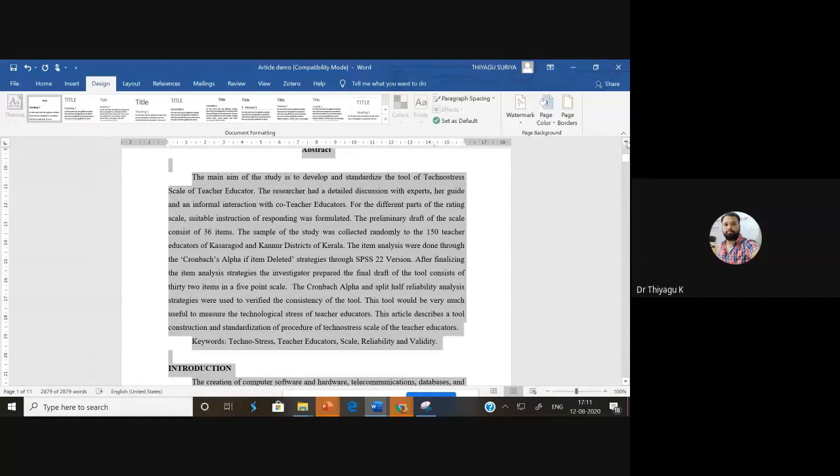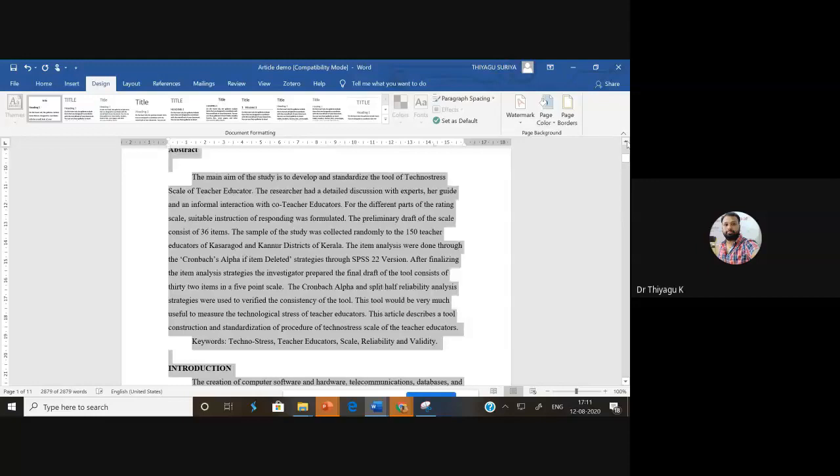The short form is Control L. See here, I'm pressing Control L. Now what happened? With left alignment, only the left side is straight, and the right side is not. This is only the suggestion by the APA 7th edition. Previously, with justified, the left and right should be parallel. But now only the left is parallel, and the right is not. So this alignment is what they are suggesting.